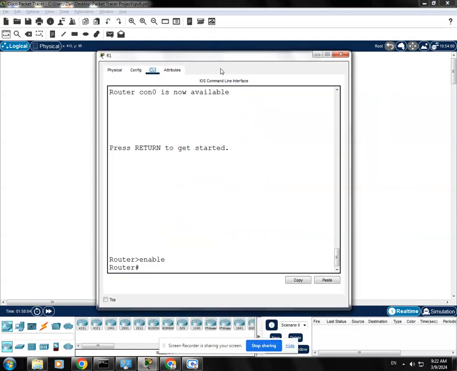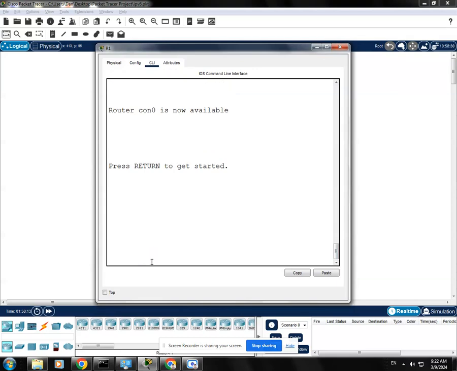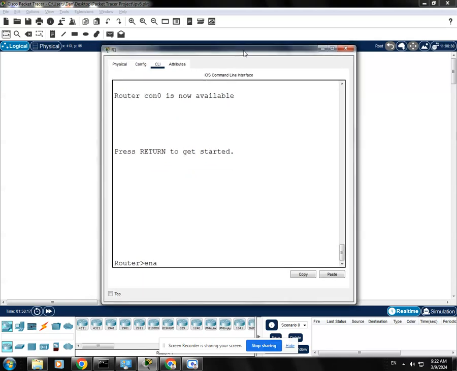Let's go to the command line interface. Let's type exit first in here just to start fresh, and then I'll hit enter. So I am in user exec mode. I'll type enable to go to privilege mode, and then I'll type conf t to go to